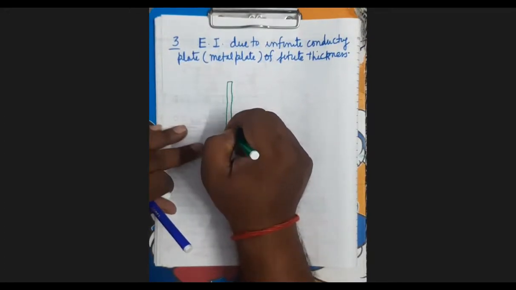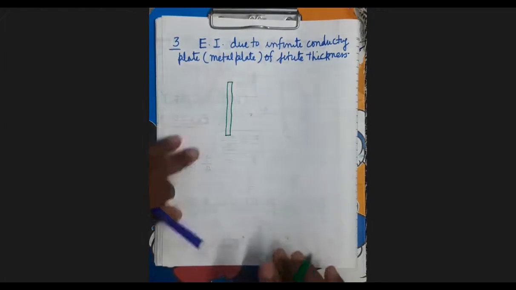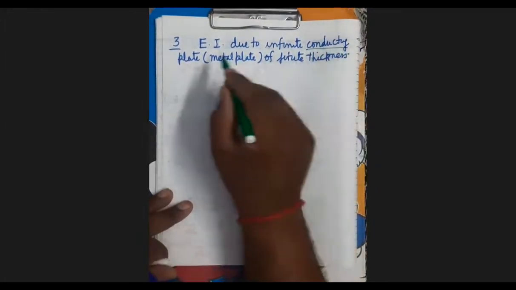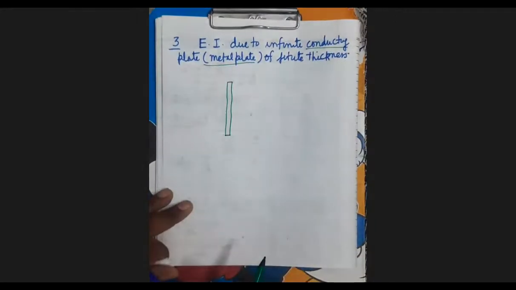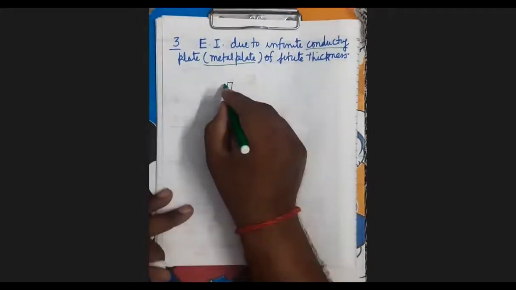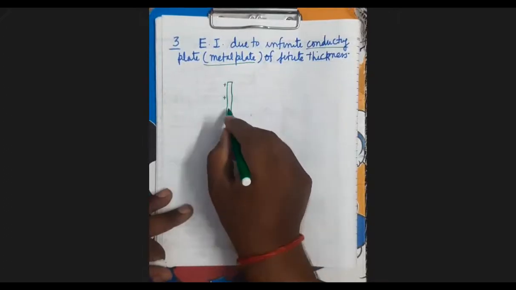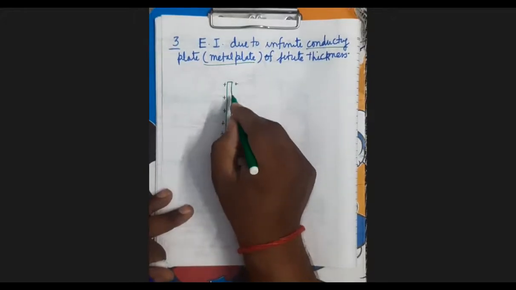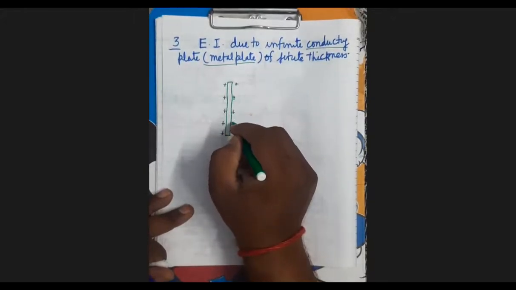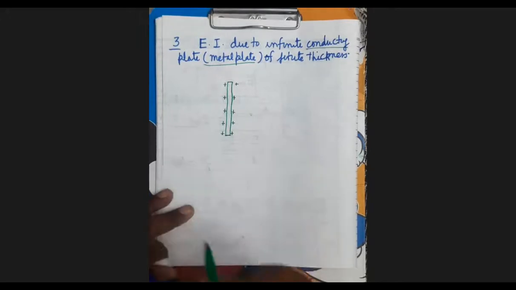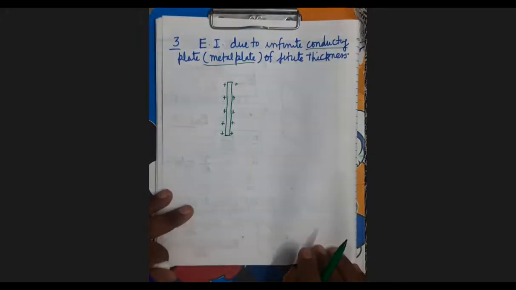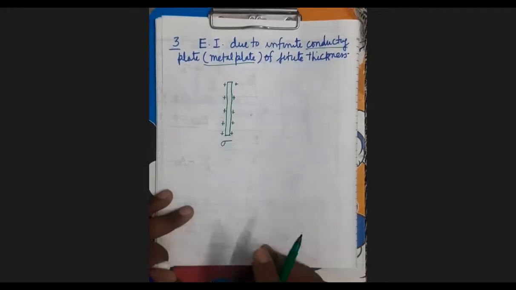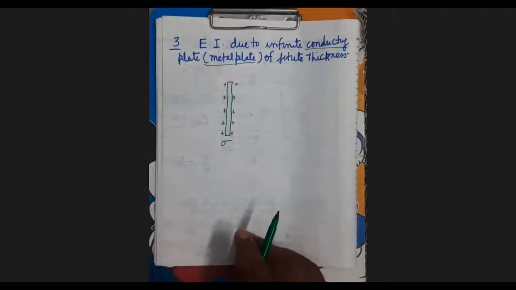As we know, what are the electrical properties of a charged conductor? In the case of a conductor, what are the electrical properties of a metal plate? The whole charge resides only on its outer surface. There will be no charge in the interior. The whole charge will be on the outer surface. It is clear. Charge will be only on the outer surface. Here the surface charge density is sigma. This is the surface charge density.